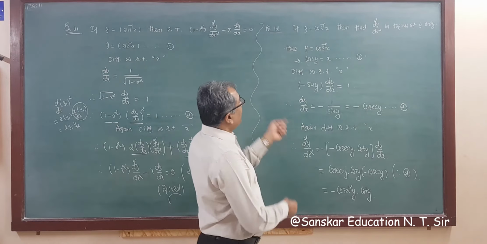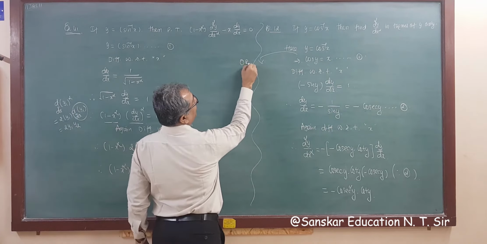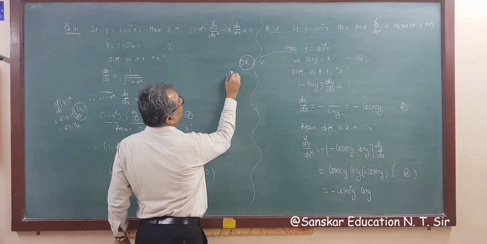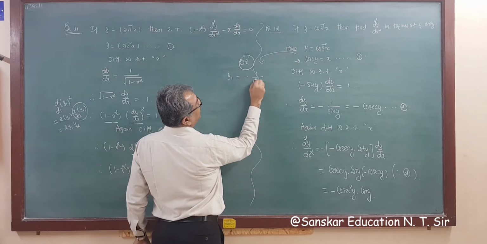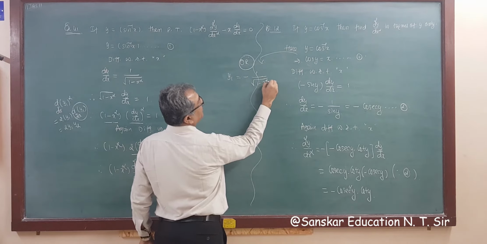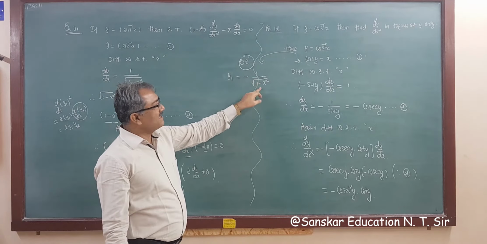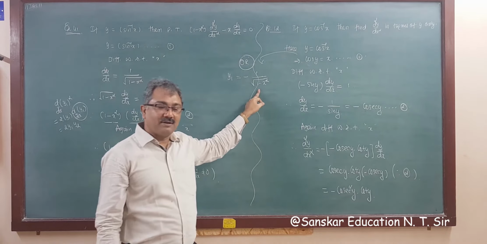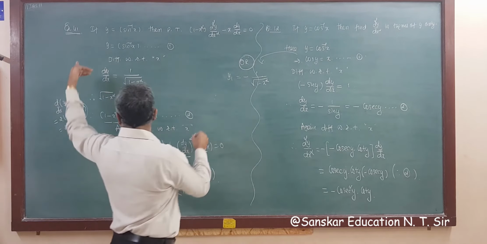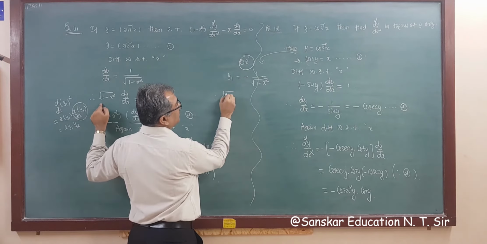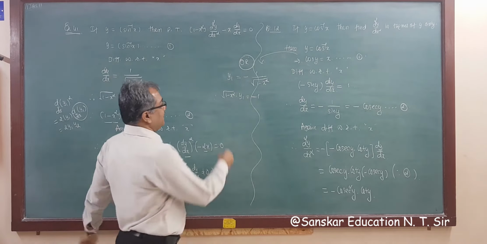Right? Suppose from here, if we differentiate this with respect to x, so this is the second method, then what we get? I am not writing dy by dx, I am writing y1 is equal to minus 1 upon under root 1 minus x square. Now after finishing this first differentiation, there is a term in the denominator which is in square root. So cross multiplying, the next step is under root 1 minus x square into y1 is equal to minus 1. Now squaring both sides, what we get?